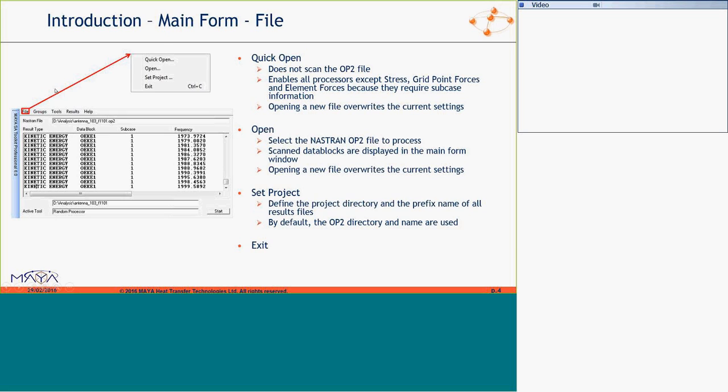OP2 file. The main dialog here will parse the file, and it's going to...